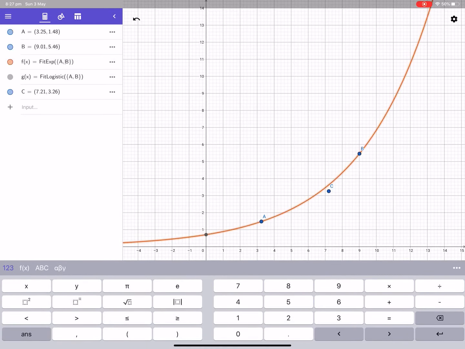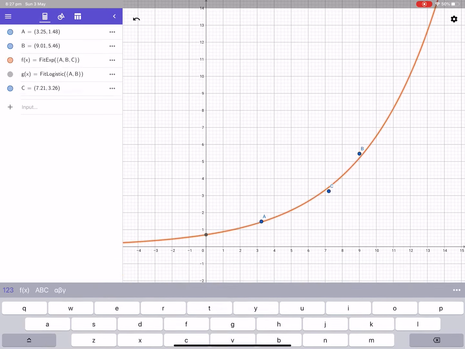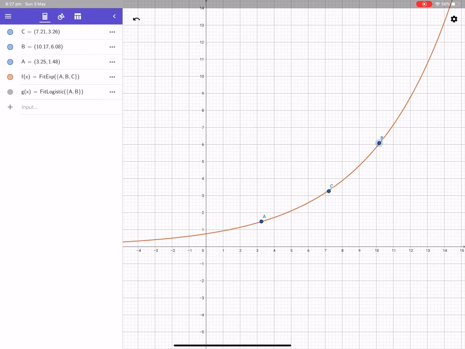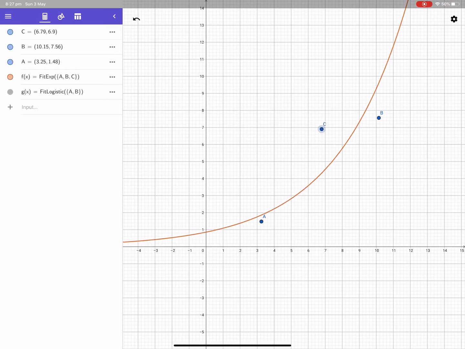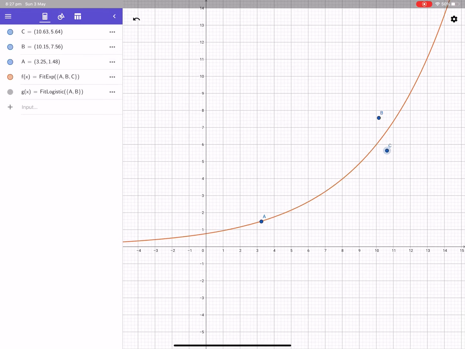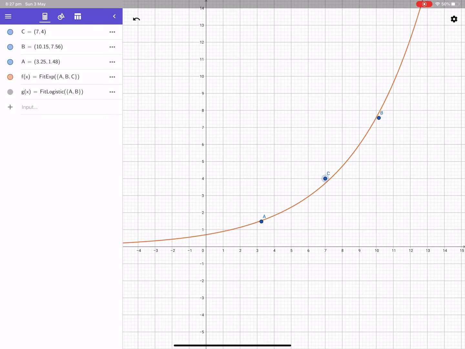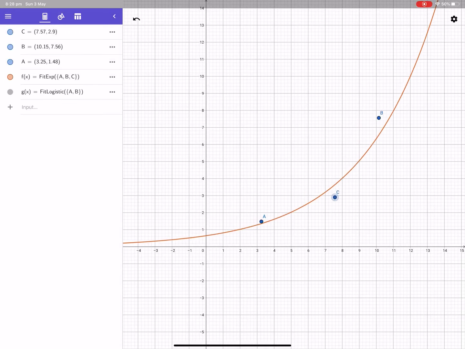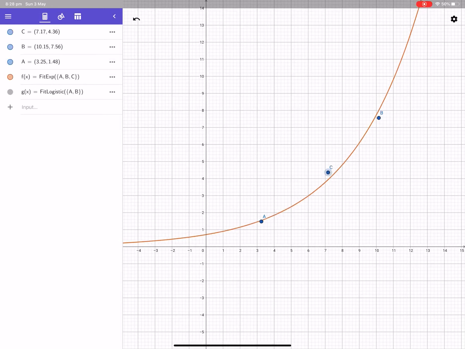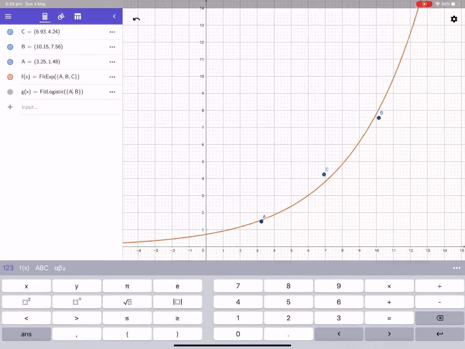If I put a comma b comma c in here, then now it's taking all of these into account, right? So it's not guaranteed to go through any of them. Whereas before, when it was 2 points, it definitely went through both of them. Because when there's only 2 points, you know this yourself, you can work out the value of k in the exponential equation. But when there's 3 points, well, some kind of averaging has to take place, some kind of compromise between the 3 points. And now if I do that with logistic,